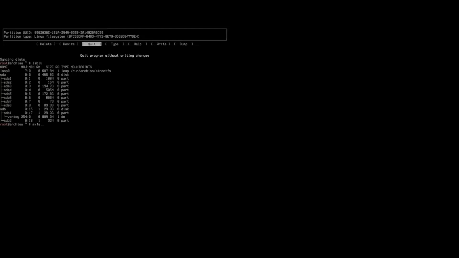So we need to format the partition with mkfs.fat -F 32. This is 32-bit. You can also put 16-bit if you want, but 32-bit is advisable from the Arch wiki. So that's SDA6. Now you have to be really careful here on which partitions, because if you accidentally format, let's